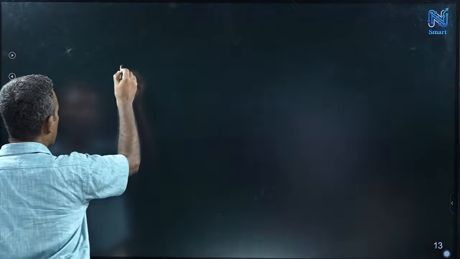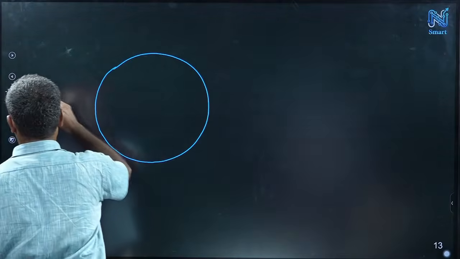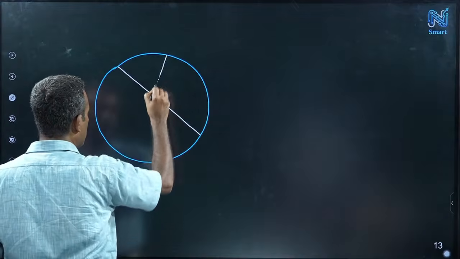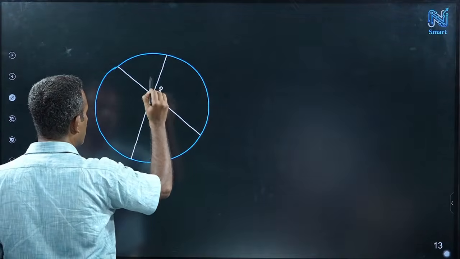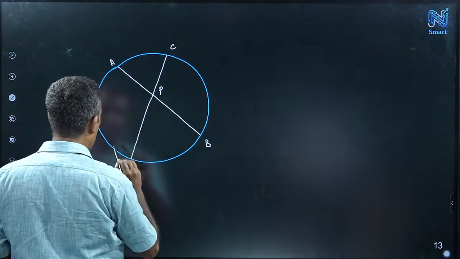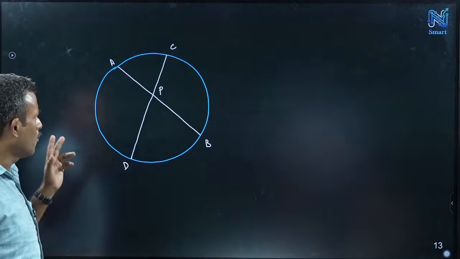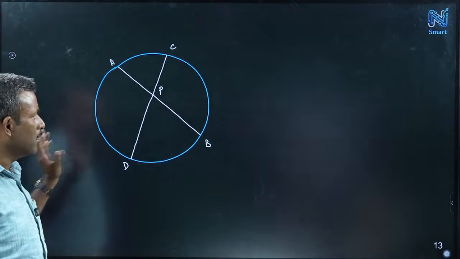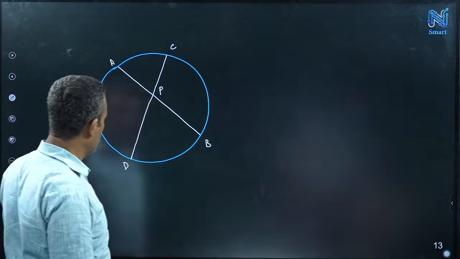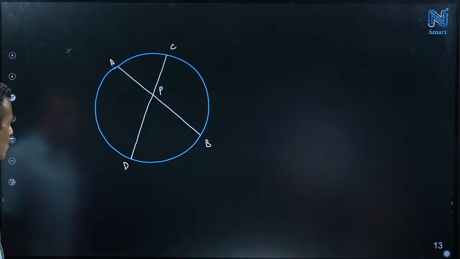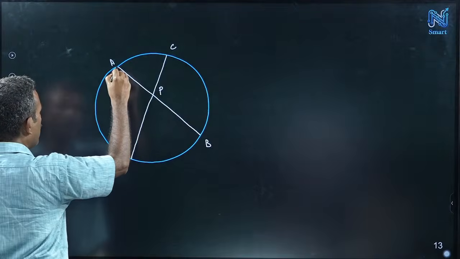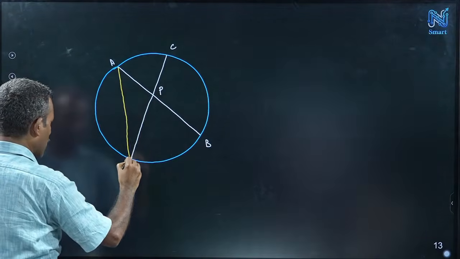So, first for the inside, okay. Say this is P, we just change our name, okay. So, we have to prove AP into PB is same as PC into PD, or AP into PB is same as CP into PD. So, we must join this, right? We must join AD and